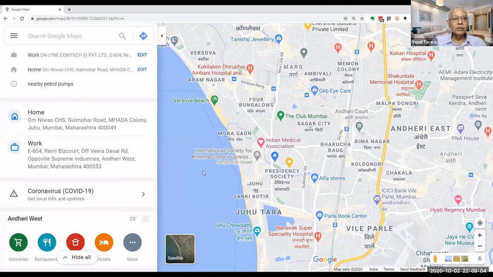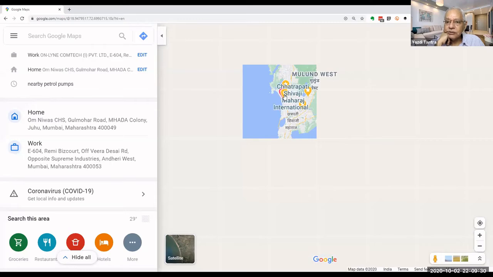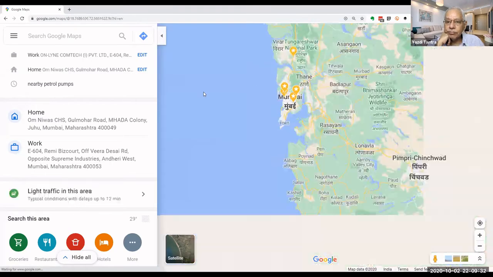So this is what we can do on the desktop. Now let us go on the mobile. One more thing we had to see on the screen here is okay, so let us go. This is something interesting which I wanted to show you. So now I'll take you to the US, where the maps are much more better evolved.